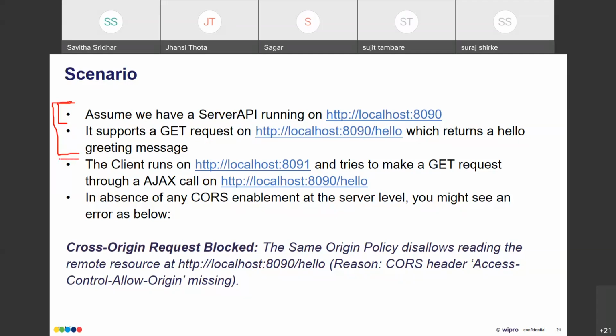Now, assume I've created a client program. And the client program also is a Spring Boot app. But this client program has been configured to run on a different port, 8091. So this is the origin of the server and this is the origin of the client. So from this client which is running on localhost 8091, it tries to make a GET request through a